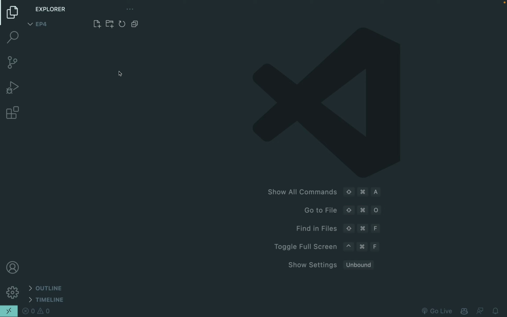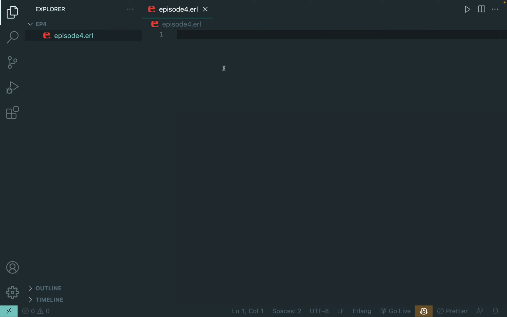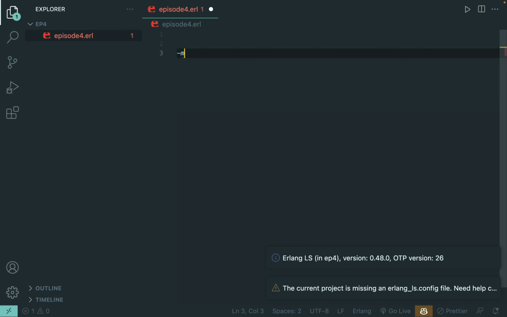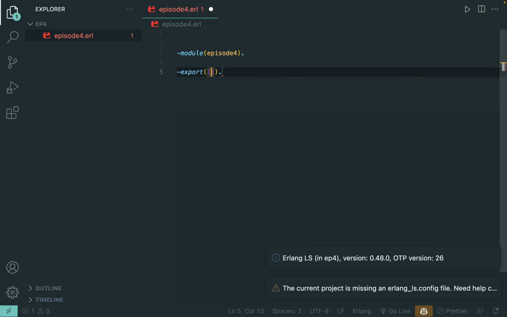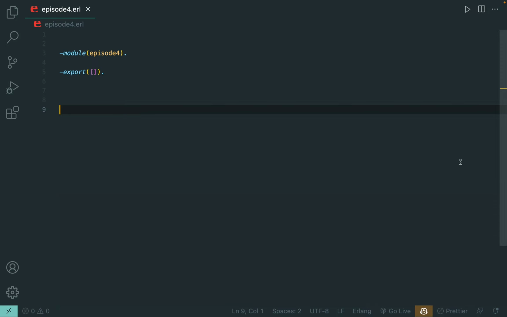Okay, let's start with creating a new module, and I will name it episode. Remember to make sure that the name is an atom. Now, module episode, and also export. Okay, nice. And let's create here our first function, which I will call